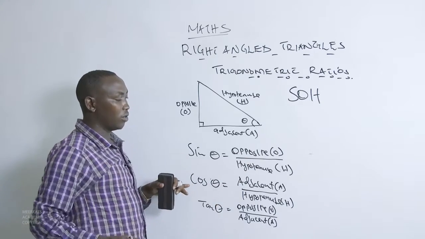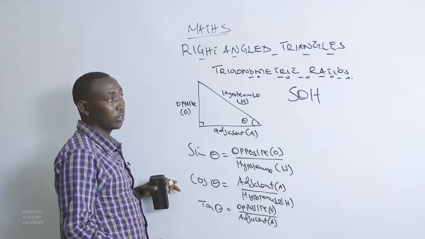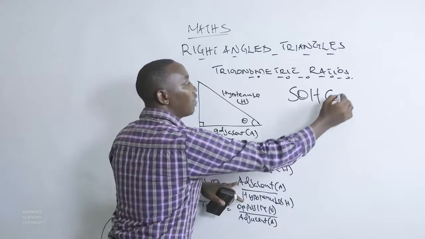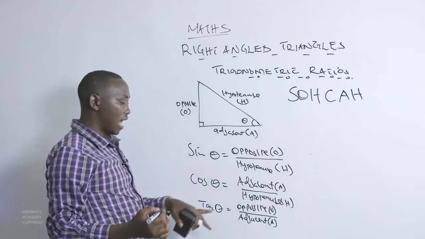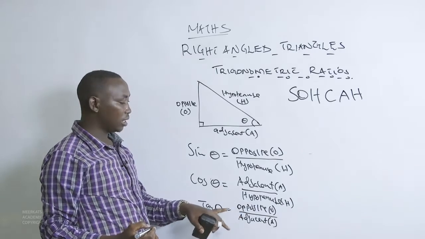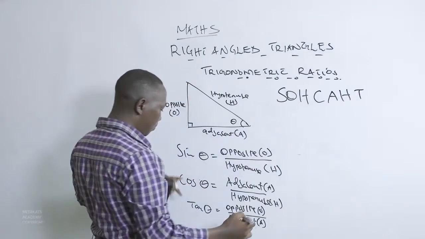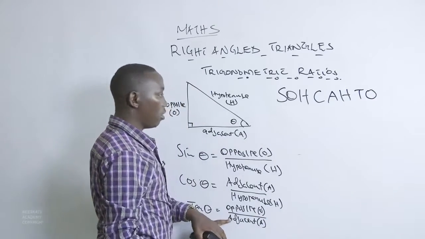The next one is on cos. Cos theta is equal to adjacent all over hypotenuse. In this particular case, we have C, we have A, and we have H. Then the last one, we have tan theta. Tan theta is opposite all over adjacent. That is T is equals to O all over